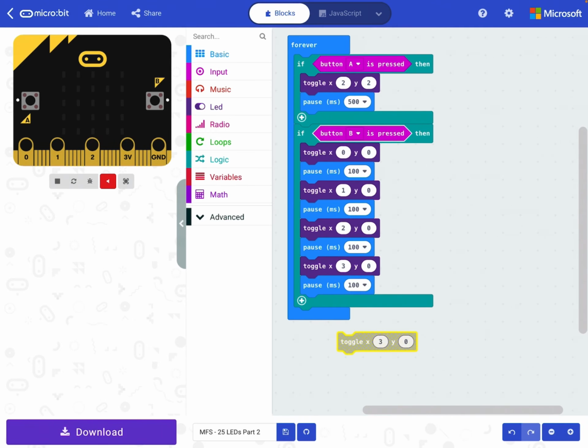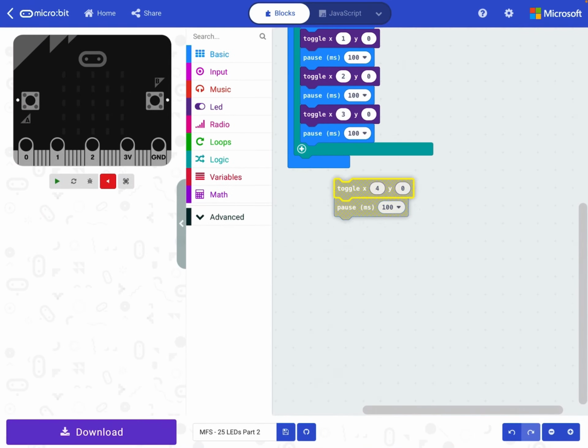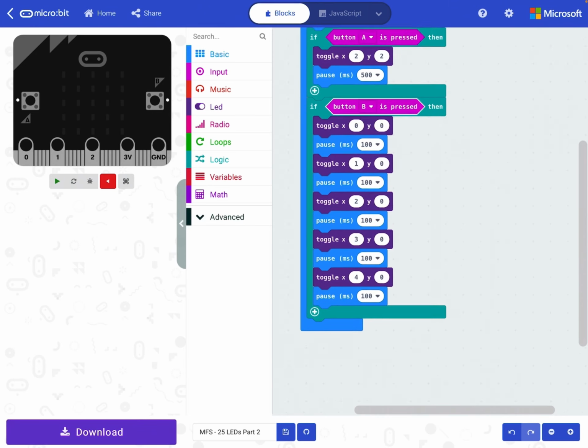Hold that down, duplicate it. Hold this down, duplicate it. And the only thing we have to change here is this number 3. That wants to be 4. And we bring this up here. So now we should see